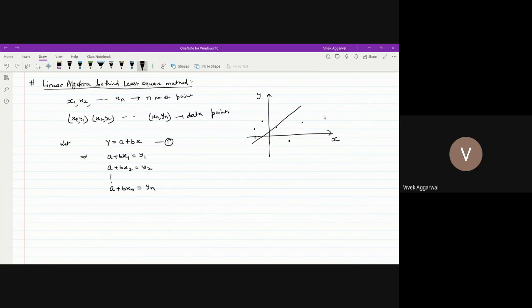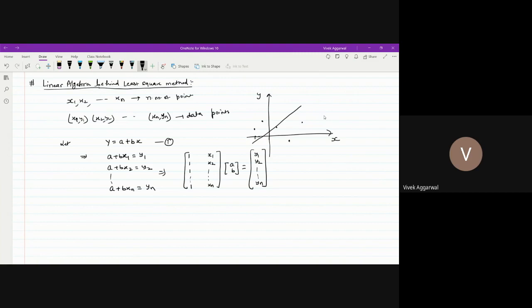Now if you solve this, you will get a matrix in this form: a column of ones, and a column x1, x2 up to xn, times the vector (a, b),